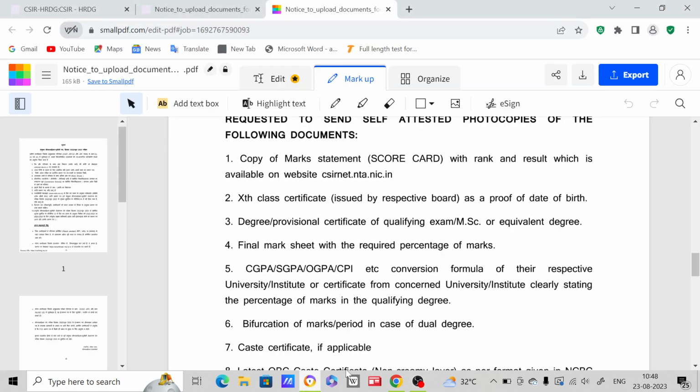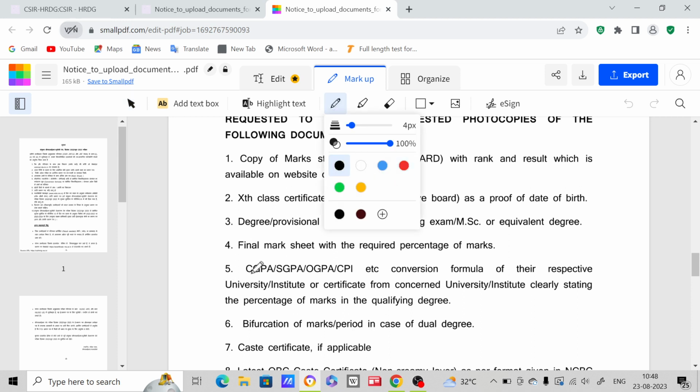Hello everyone. So in this video, I just want to clear some of your doubts regarding this CSIR NET e-certificate, because so many students have some doubts regarding this. That's why I just want to clear them. First of all, I just want to talk about this point. If you observe